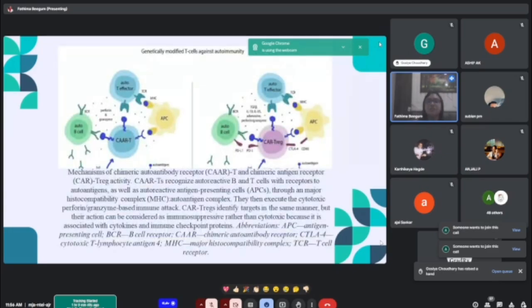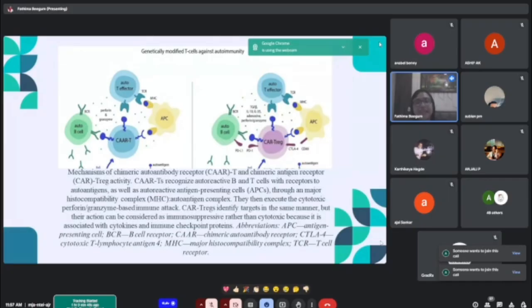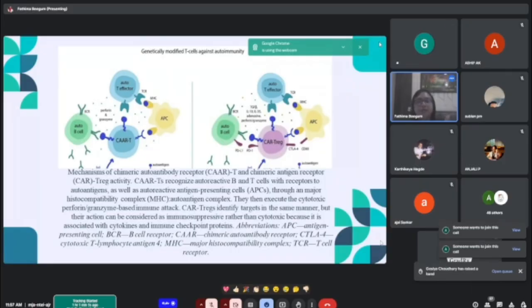This is how we can use it for autoimmune disorders. You can see the mechanism is CAR based. CAR is nothing but chimeric antigen receptor, and here it is the chimeric autoantibody receptor. So CAR T cells are used for this purpose, and they will act through the MSC and execute the